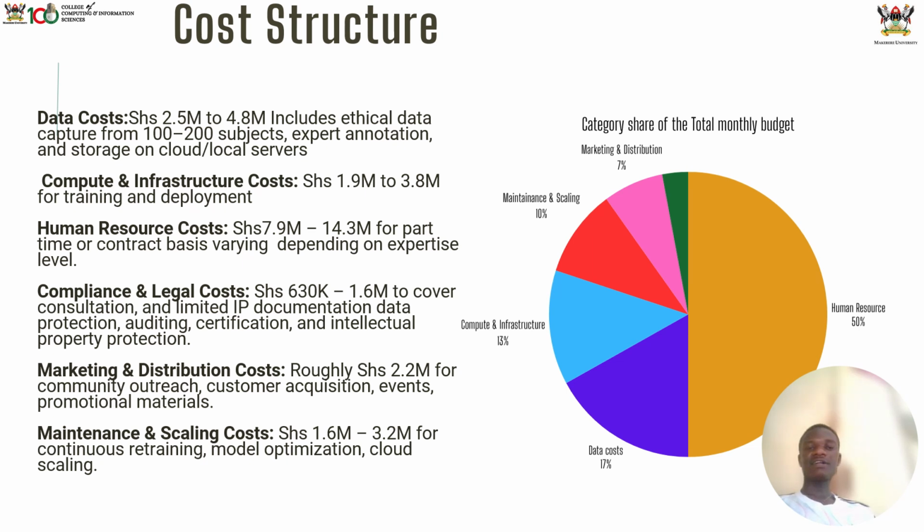While estimating the costs, we allocated based on the experience achieved throughout the process. Human resources are needed almost half of everything. We accredited it to contribute 50%, followed by data costs, following the hard part of achieving custom data sets, the infrastructure on which the system will be running, the maintenance and scalability part of it, marketing and distribution, and then also compliance to legal laws. This will cost a fraction of what.